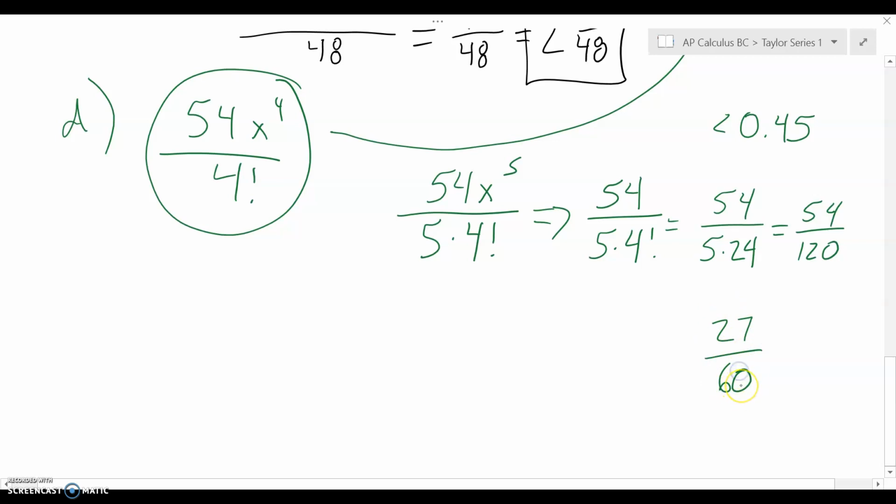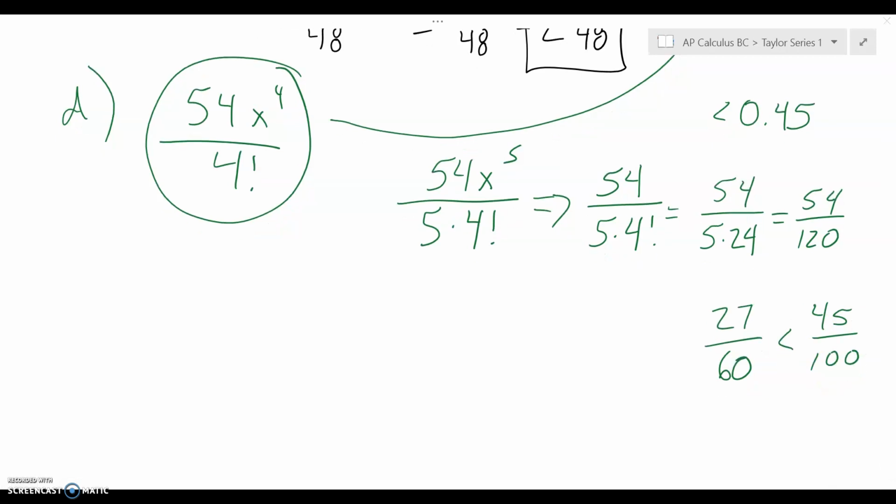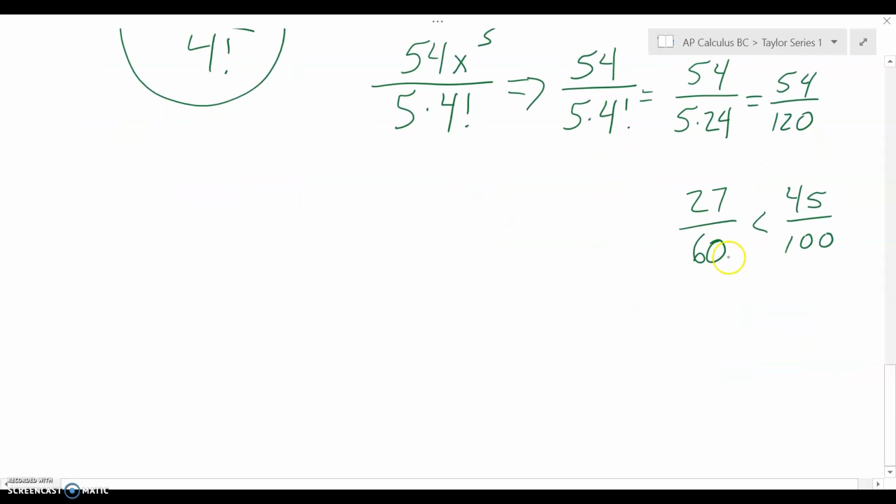60. And we need to somehow show that that is below 45 over 100. That one gets a little tricky. The way it's presented here, it would be tough to weigh these two, so let's boil them down a little further. Let's divide the 27 and the 60 by 9. Well, that's going to give us 3/20. And let's divide the 45, let's divide them by 3. That's going to give us 9/20. Then we divide the 45 and the 100 both by 5, and